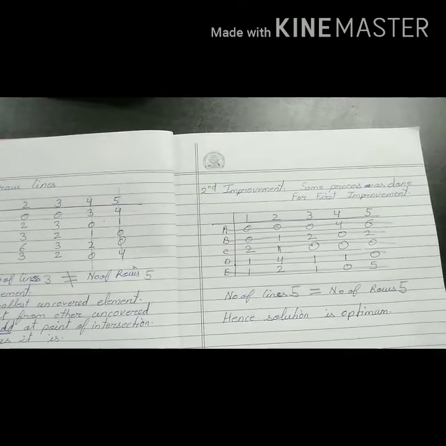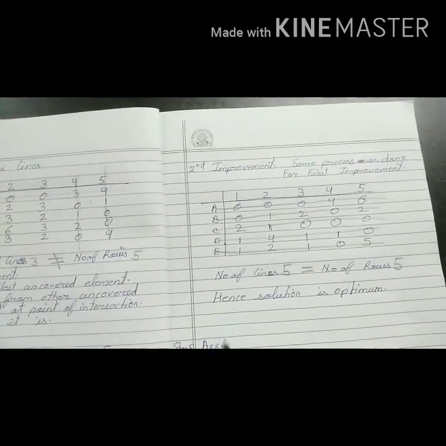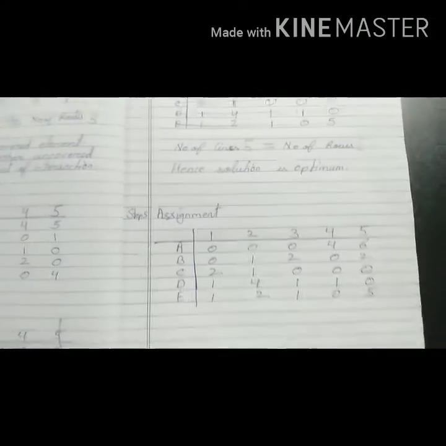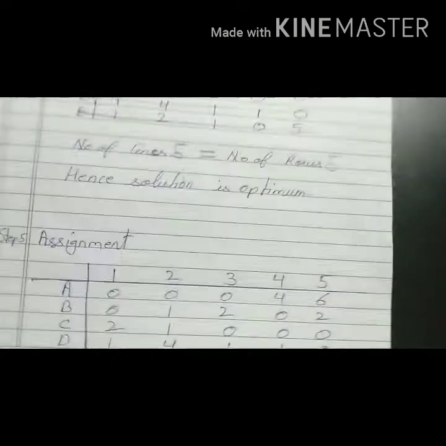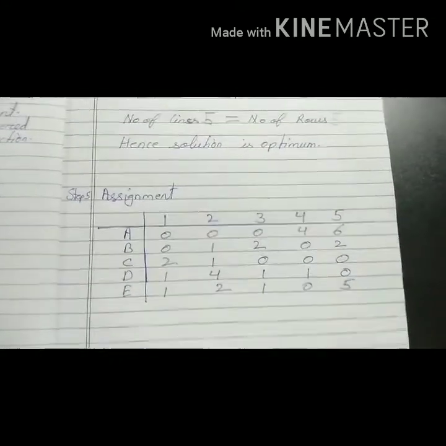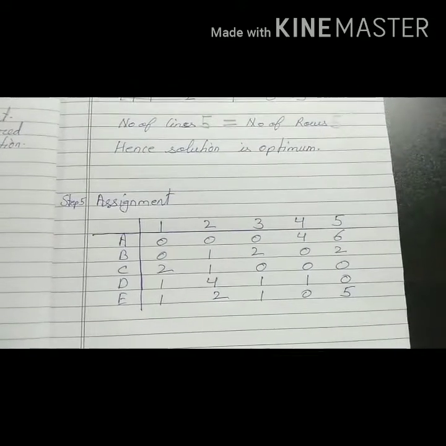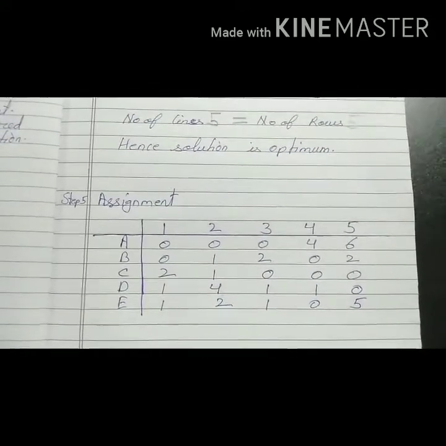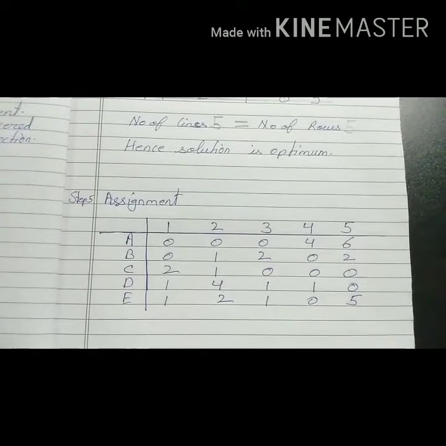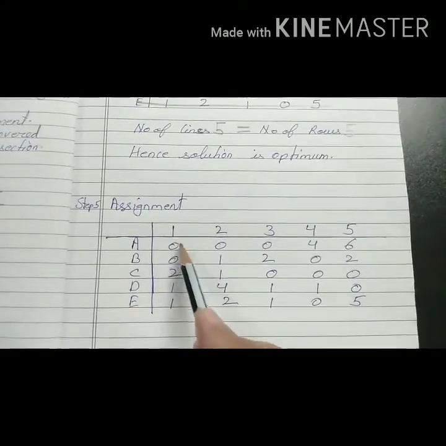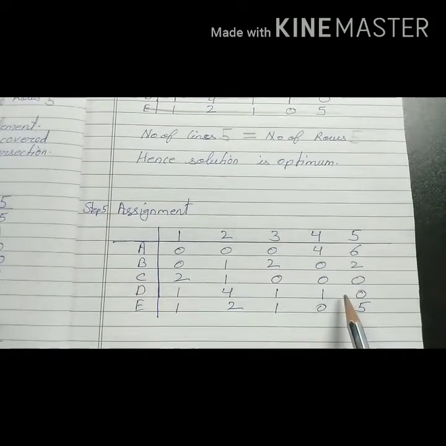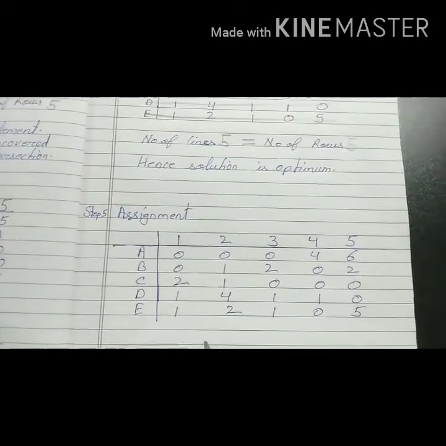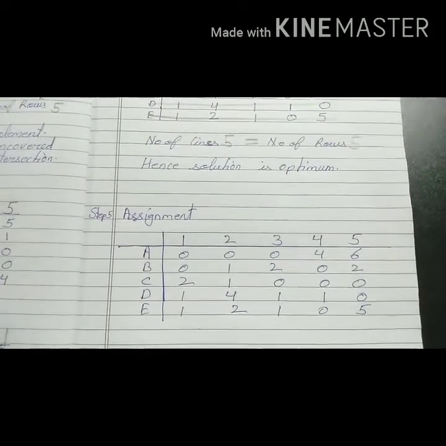Now next step is we can go for assignment. For assignment, write down the similar matrix after getting 5 lines. Now the step for assignment is we just need to mark the zeros as square. Which zero to mark as square: check that row or that column which has only one zero, single zero. Now see, first row has many zeros, second row has 2 zeros, third row has 3, fourth row has single zero, and fifth row has single zero. So we can go for marking that zero.